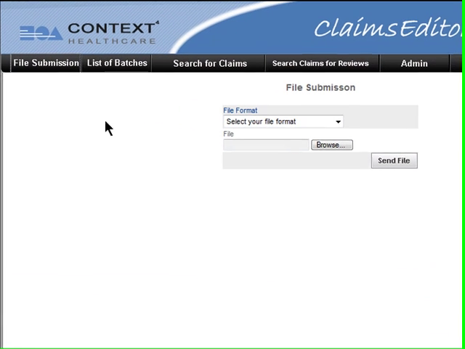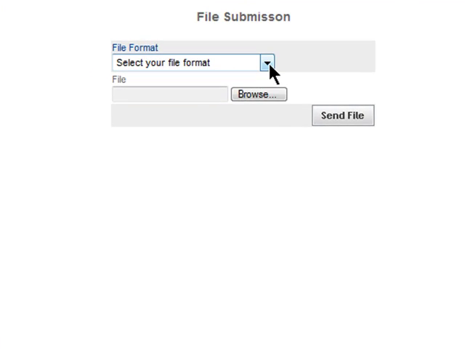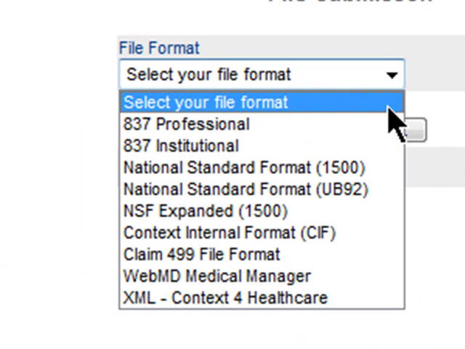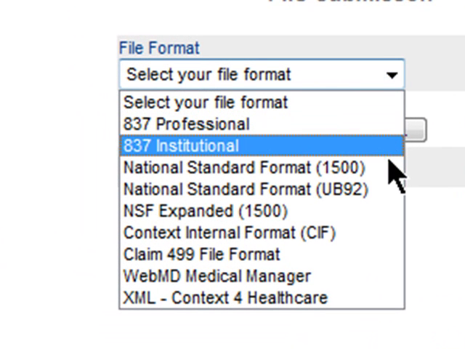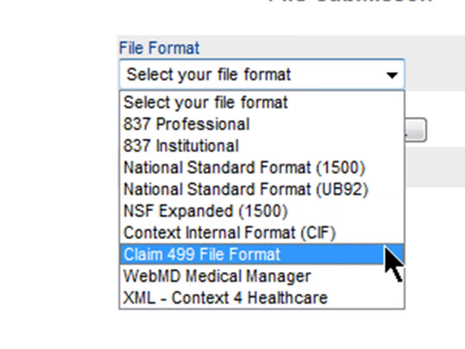Let's go back to the File Submission section of the application. Here's where you would start the process of loading a batch of claims to the assessment tool. You would first need to identify the file format by clicking on the drop-down box. You will see that we have all of the standard file formats and others, including the ability to add your